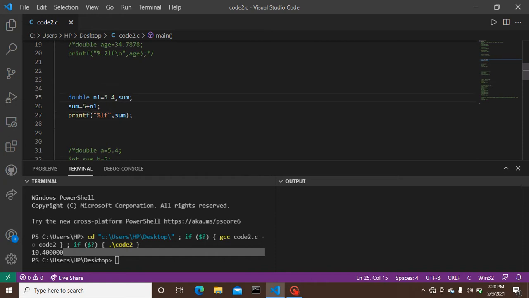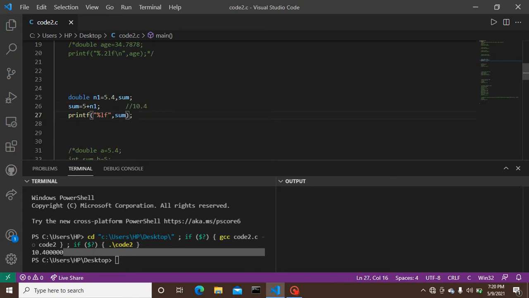Here I have provided a double float type declaration for the variables n1 and sum. But while we operate sum equals 5 plus n1, that is 5.4, it proceeds the same way as in mathematical functions. So here it will give 10.4.